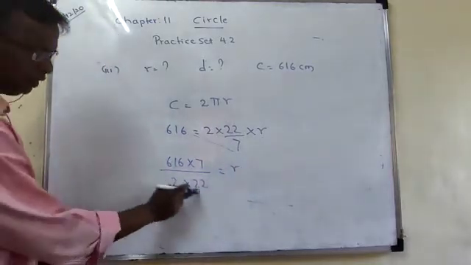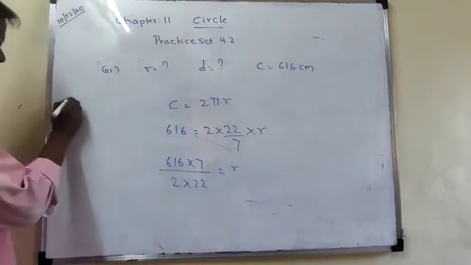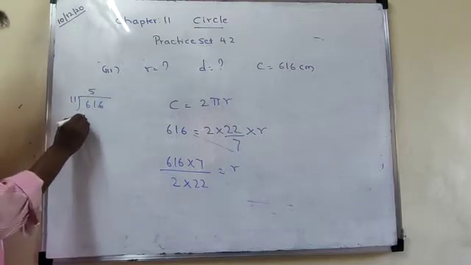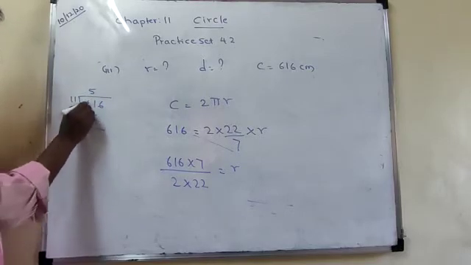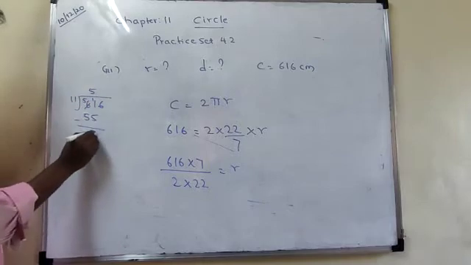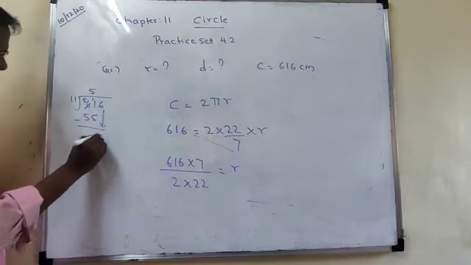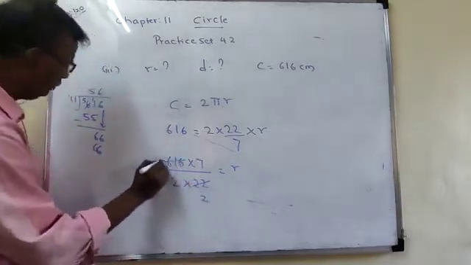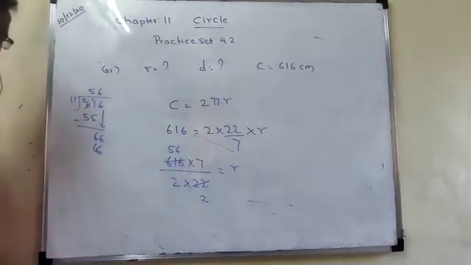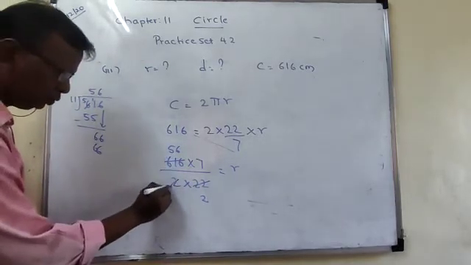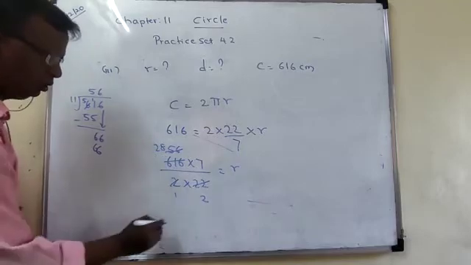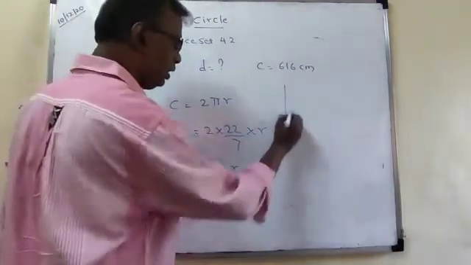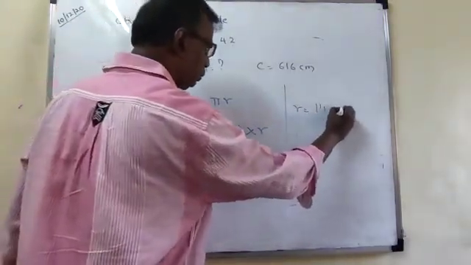Now this and this will go in the table of 11. How many times? 11. See here. 11 into 616. 11 5s are 55. Doesn't go, we borrow. Here it is 5. That is 11 minus 5, 6. Here also 6. 11 how many times? 6s are 66. So 11 2s are 11 how many times? 56 times. Right, students? Then here also 2. 2 1s are 2, 2 8s are 2, 1s are 2, 14s are. Therefore the value of r is equal to 14 into 7.